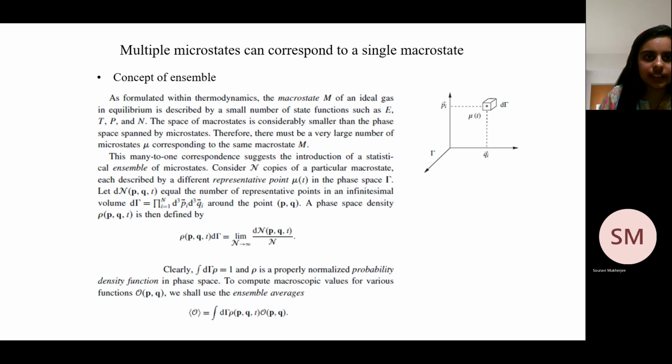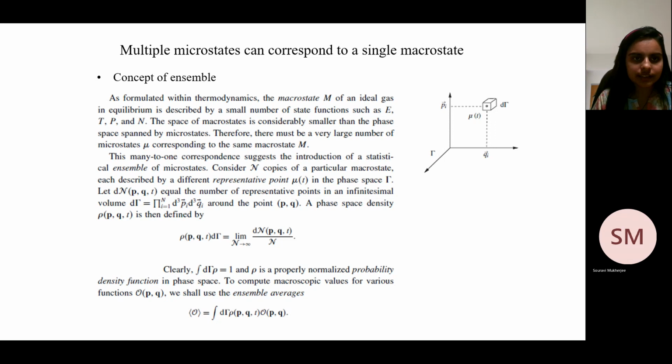So what it tells us is that if you have some system which is defined by some macro variables, then the number of macro variables or state functions like energy, temperature, pressure is very small compared to all the variables that define the system in the microscopic description. That means there will be a large number of microstates that correspond to one particular macrostate. This fact that there can be multiple microstates that correspond to a single macrostate brings the concept of